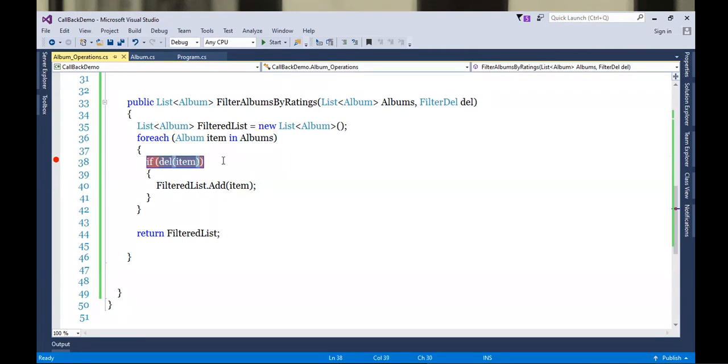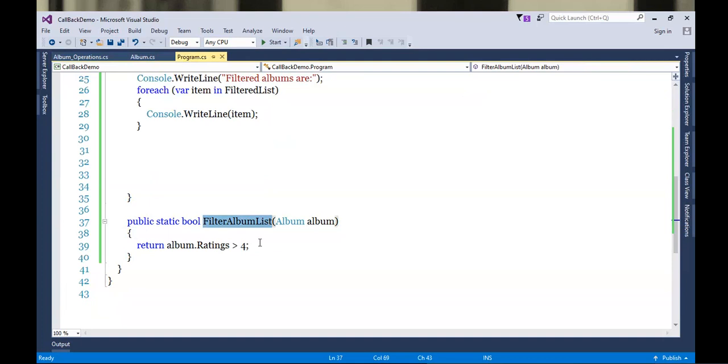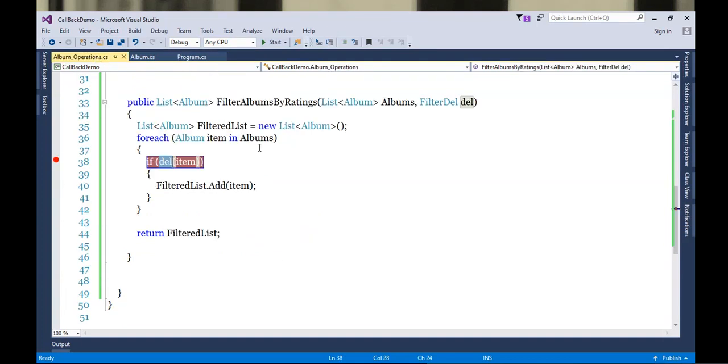How many times will this line be executed? 10 times, because right now I took only a list of 10 atoms. So every time, when the control comes here, this delegate will be calling the filtered album list method. And how many times will this be done? 10 times. And this is how callback gets handled with the help of delegate.